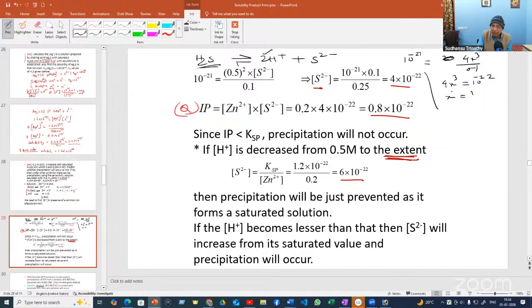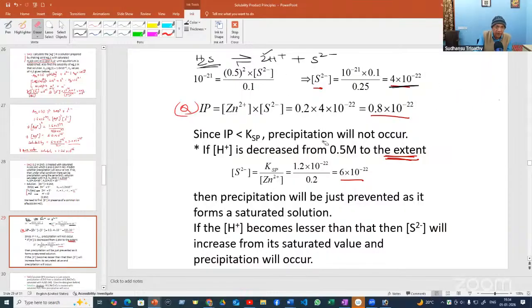X is equal to, supposing this is around 1 by 3. Ten to the power minus 7.3. See, it was so large compared to what we are finding now. So the sulfide ion concentration has been greatly reduced because of a high dose of H plus ion from an outside